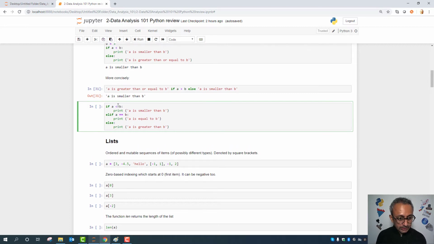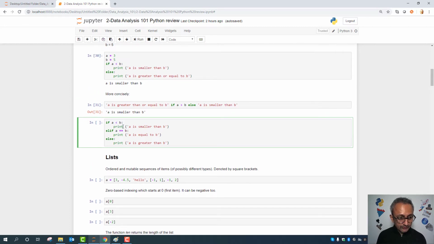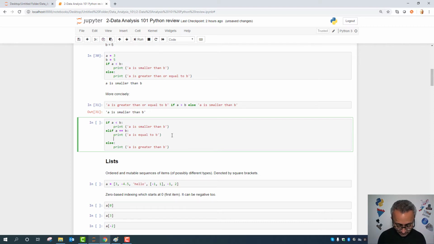So here this is a series of statements. If A is less than B, you want to print this. If A is equal to B, you want to print this, or print that. So you see if, elif and else. You can continue writing elif for as long as you want. So if there are say 10 different conditions, say A is equal to this, A is equal to that, you can continue writing elif. For example, you can say elif,